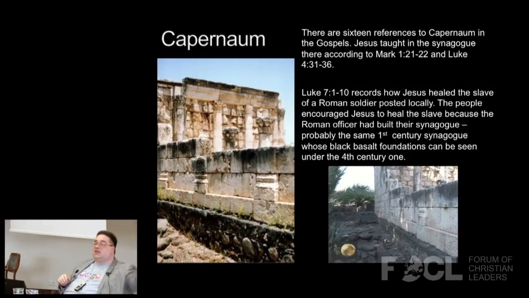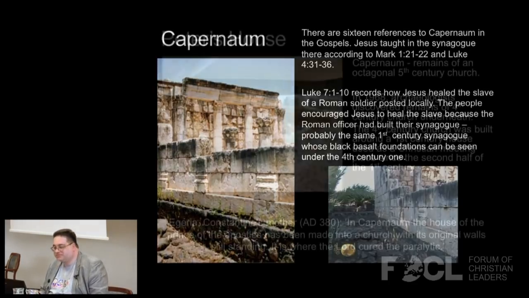So this synagogue here is actually a 5th century synagogue, the white marble synagogue there from the 5th century, but the black basalt stone at the bottom is probably the foundations of the 1st century synagogue that later on they simply knocked down the old synagogue and rebuilt it on top of the same foundations. That was common building practice. And so we have the foundations of the synagogue in Capernaum where Jesus is recorded to have taught.